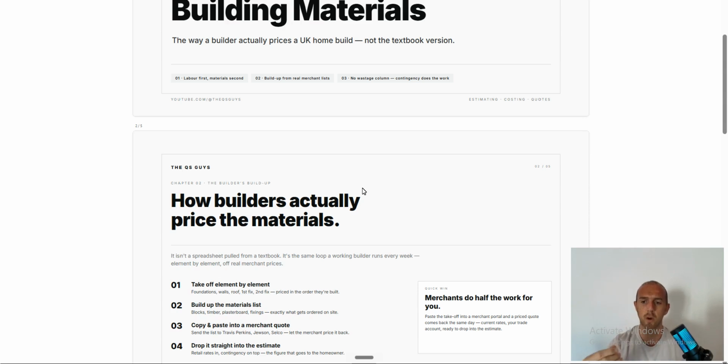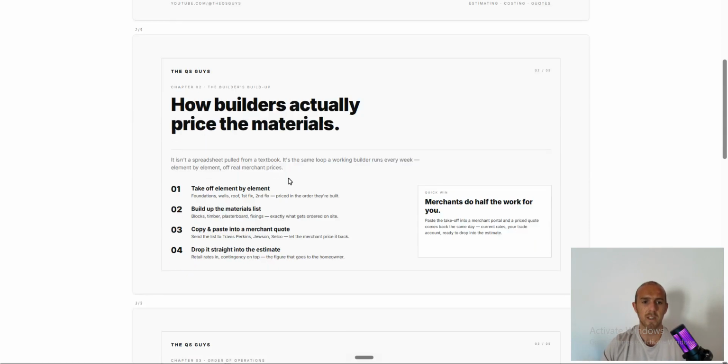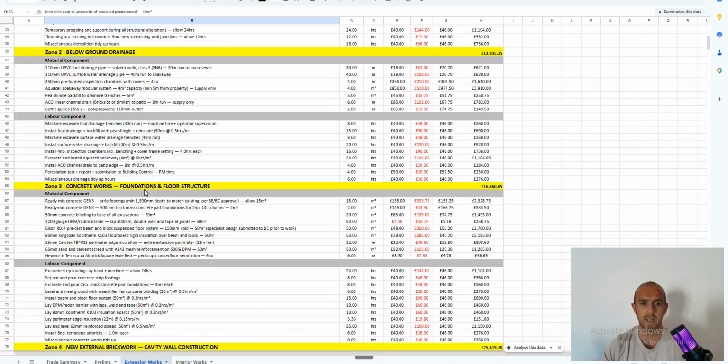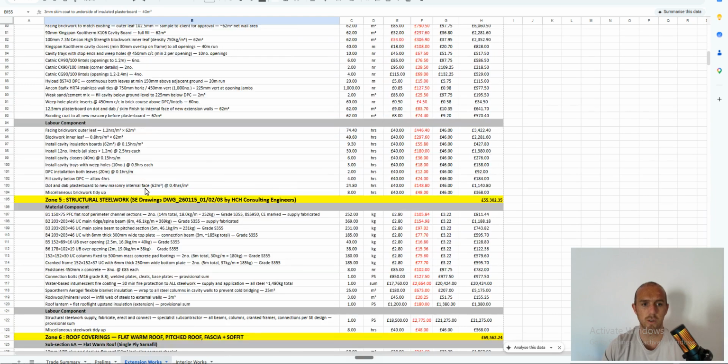So as we're going through and storytelling what we're doing for the job, as we storytell labor, we add materials in as we go, okay? So it's not a spreadsheet, it's not a textbook, it's the same loop as a builder runs every single week, element by element off real merchant prices. So as you're going through the framing, work out your timber. Then you're going to go a box of gun nails, and that's the way that you kind of lay it all out, okay? As we can see, if we get into it here, if we go to general frame carpenter,